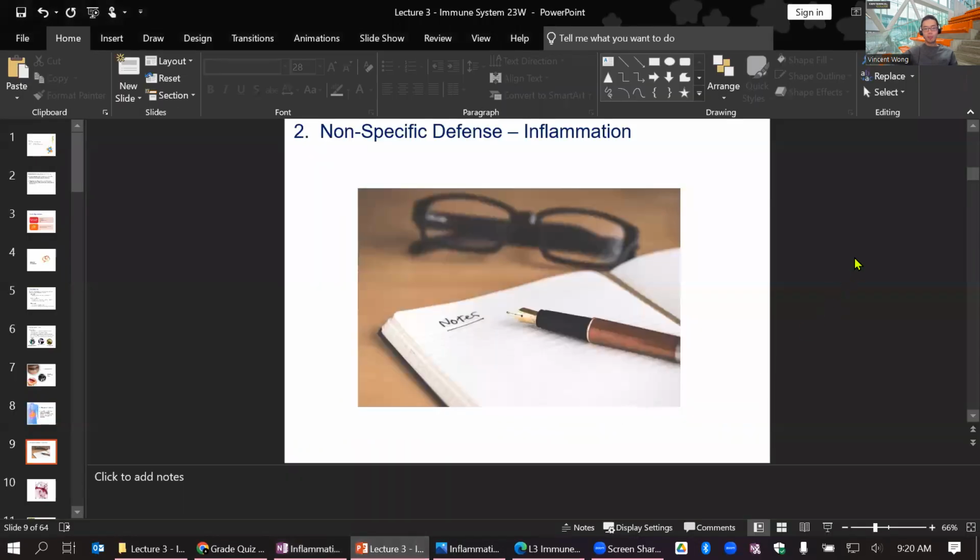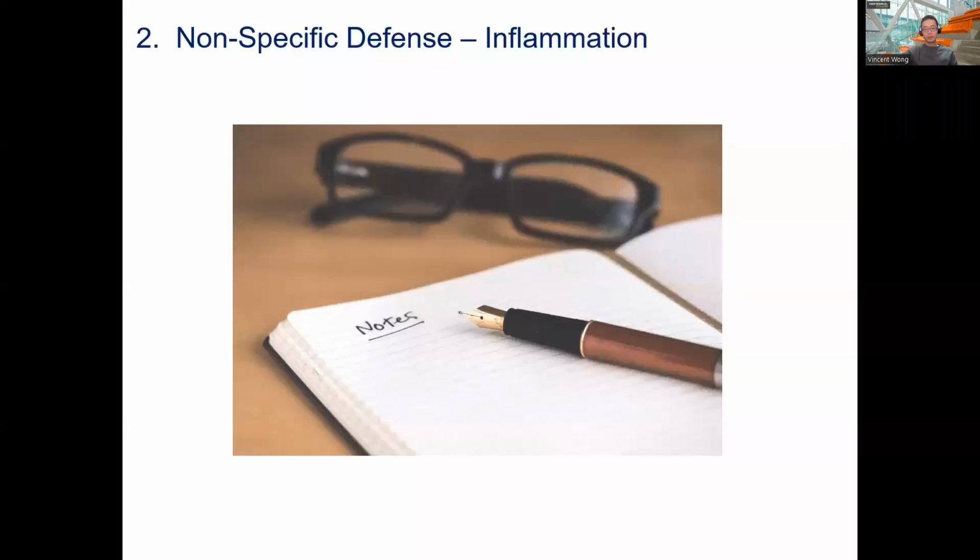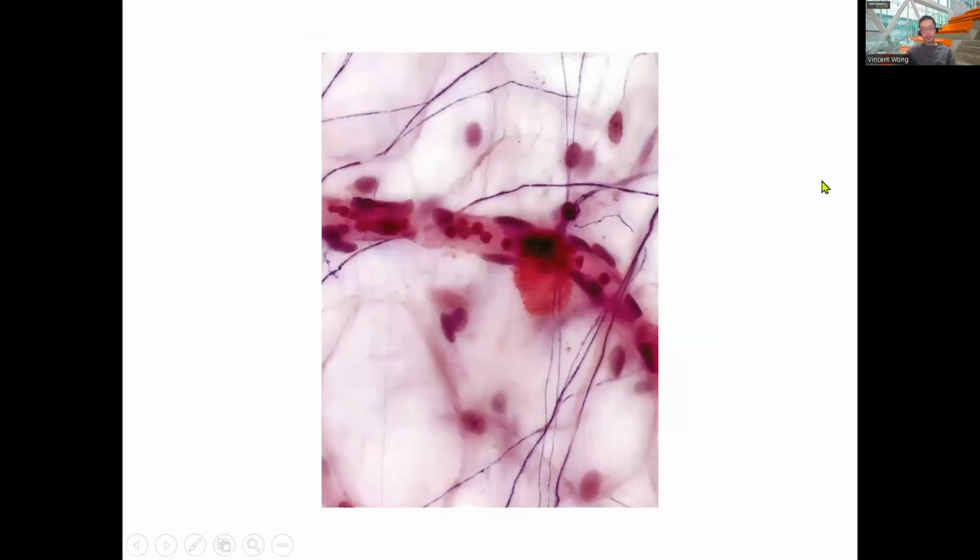Okay, let's go back to our regular programming. Where were we? We were talking about innate immunity, right? The type of immune protection that you're born with, right? So you got the physical barriers, you got the chemical barriers, inflammation. And then the next thing we're going to talk about, before we talk about the next thing, this is an